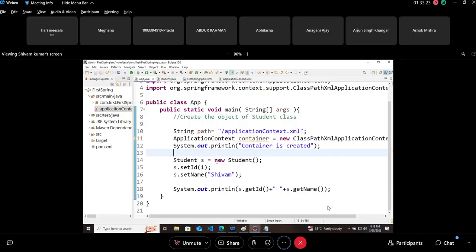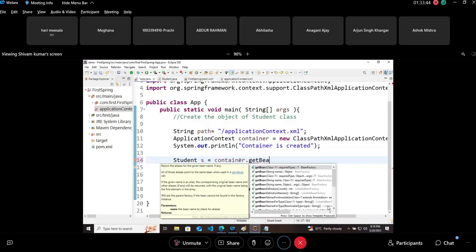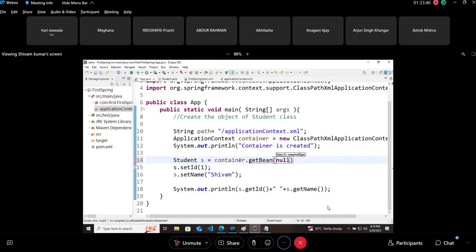Means now we don't depend on this new operator. Leave it. Now student s equals to, from which, who will give you this container? Container is the object, right? So I will say container dot, which method? Get bean. Bean of what? Class. Which class? Student.